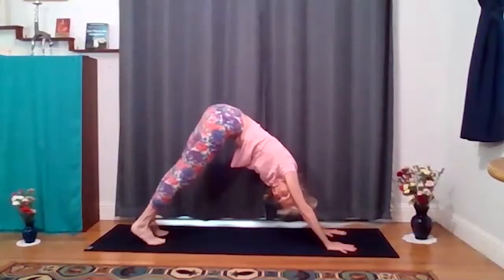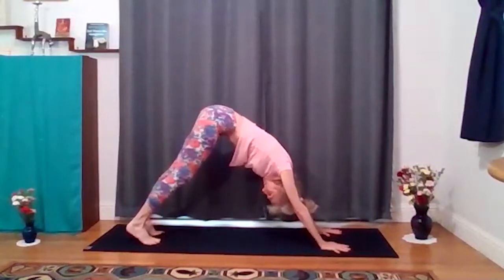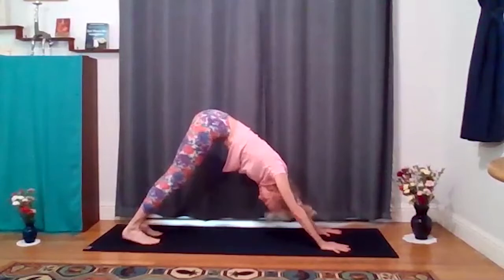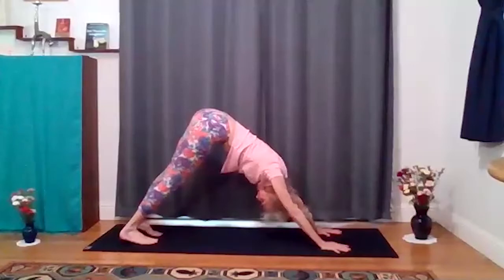And tuck your toes. We'll come back up to a down dog. Lift up your hips, lift up your knees. Stretch your hips up and back. When we're all at home, it's a good time to remember to laugh, take care of yourself. Remember what's important. As we cultivate greater patience, greater understanding of ourselves, our body, our minds, our spirits,